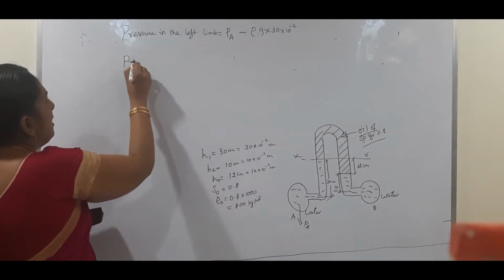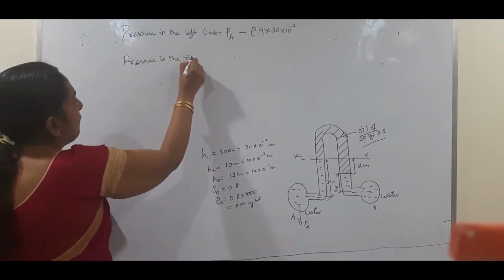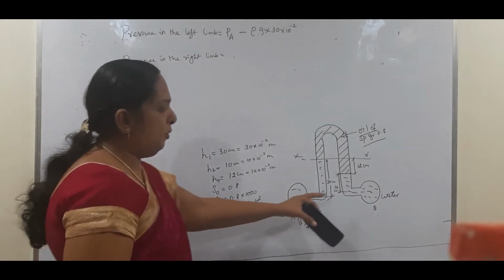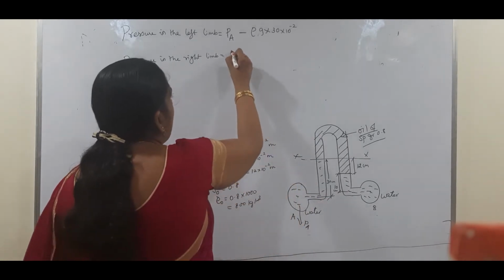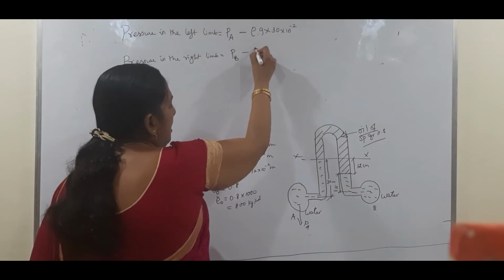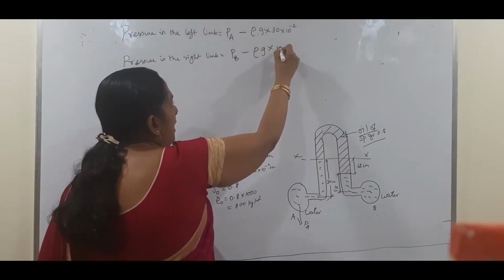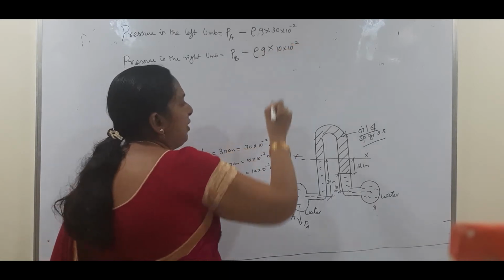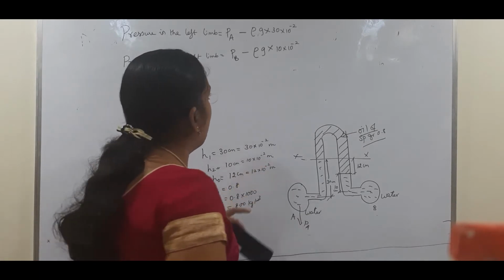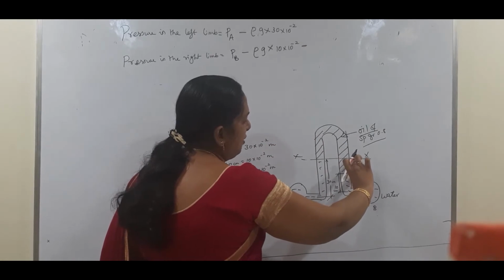So what is the pressure on the right limb? Pressure in the right limb is, here we have two liquids. One is PB minus that liquid. Because of this liquid we have a pressure and that liquid is also water. So rho into g into 10 into 10 to the power of minus 2. Why this 10 to the power of minus 2? We have to convert that into meters. Then minus, it is an inverted U-tube manometer, and because of